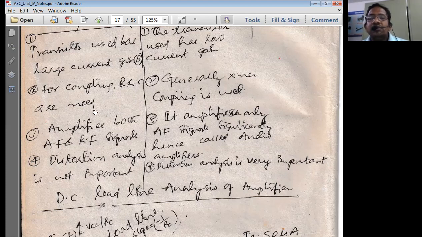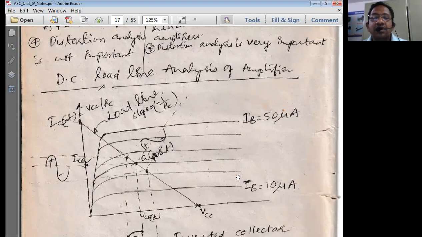Coming to the voltage amplifiers, we are always going to calculate different parameters: input resistance, output resistance, voltage gain, current gain, and bandwidth of the amplifier. Whereas when it comes to the power amplifiers, two are the important things: efficiency and the distortion in the amplifiers. Because power amplifiers are meant for the audio frequency range, we never calculate the bandwidth or frequency response for power amplifier circuits. So these are the basic differences which we have understood.